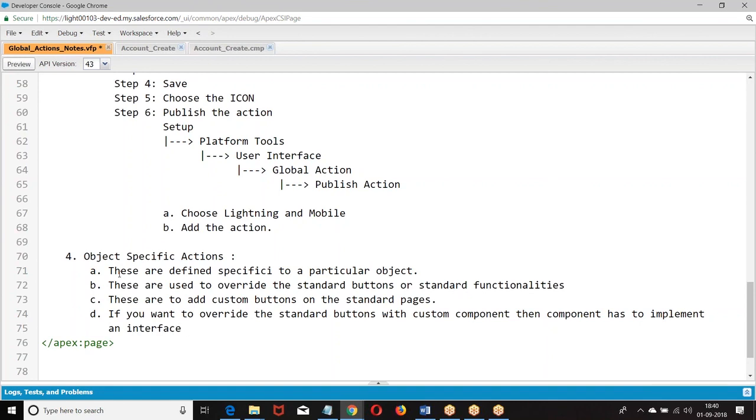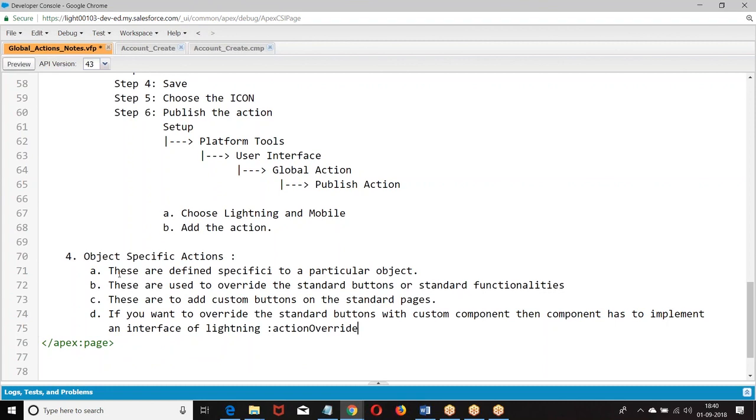The component has to implement an interface, like we have just seen in the template structure. The complete functionality we have not seen.